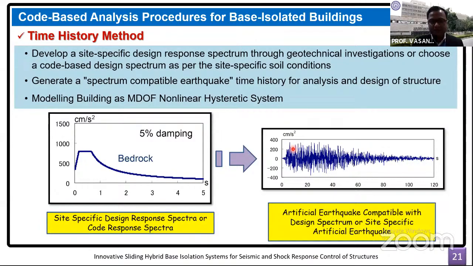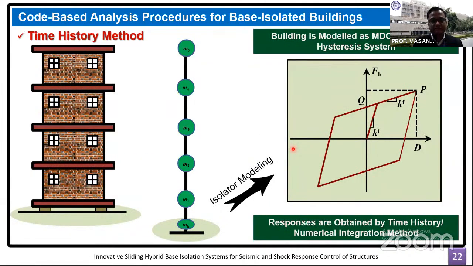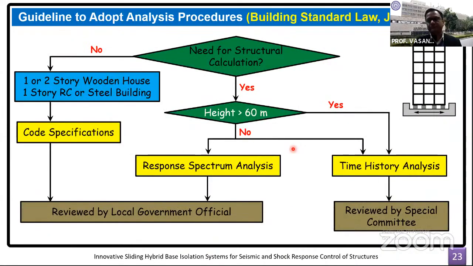So when that scaling is done and it is made spectrum compatible, we can conduct the nonlinear time history analysis. This is a simple stick model for the multi-story building with the base isolation, which can be modeled in the conventional software typically used in structural engineering, such as ETABS or SAP, where the Bouc-Wen type of models are already available in order to model even the bidirectional response of the isolation system, which could be highly nonlinear.